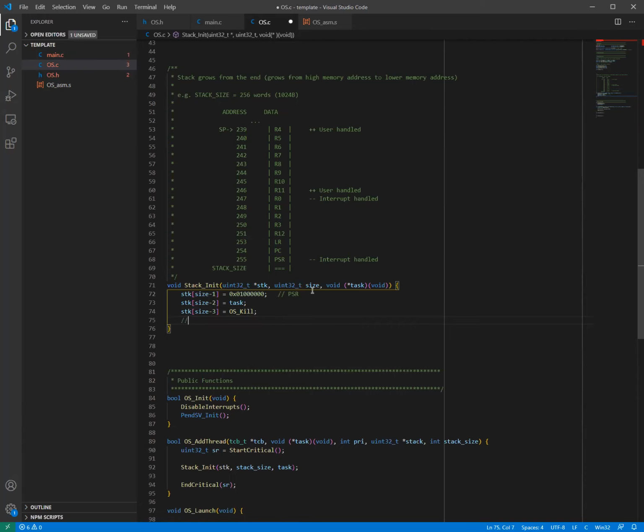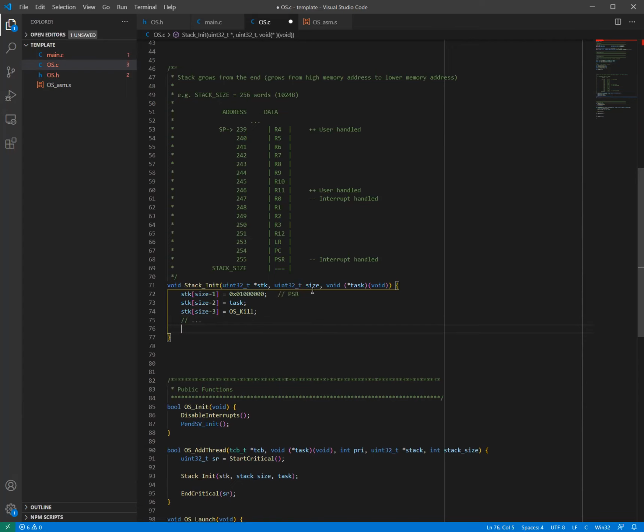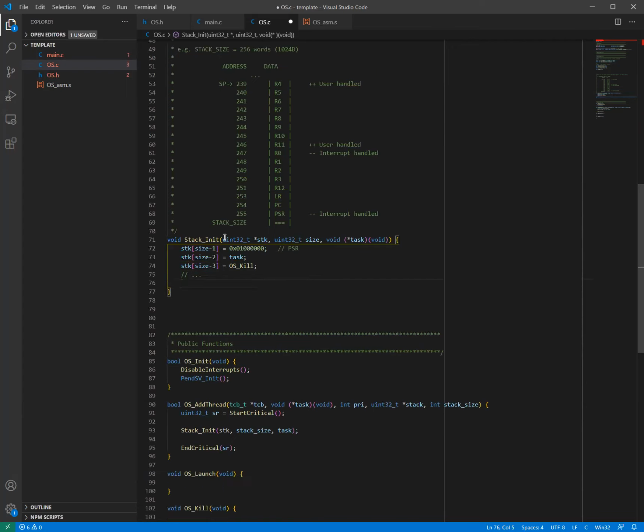The rest of the registers, you can just put a random value. And then once you're done,